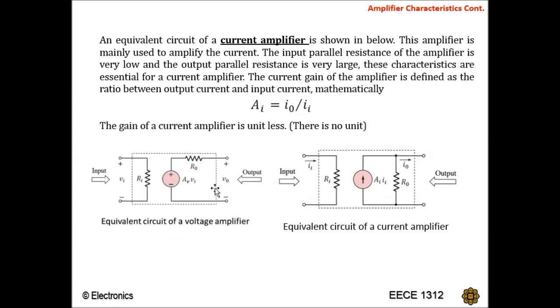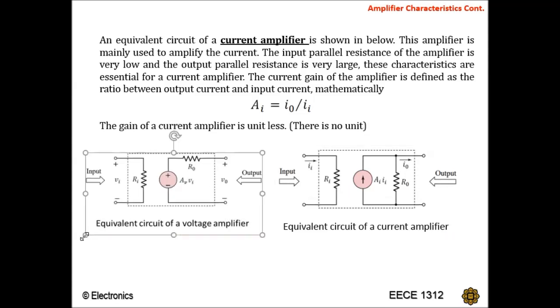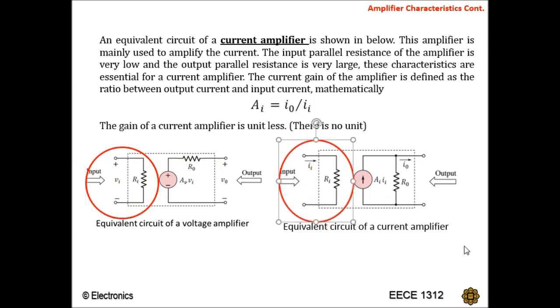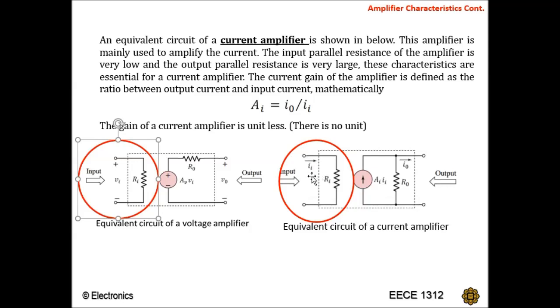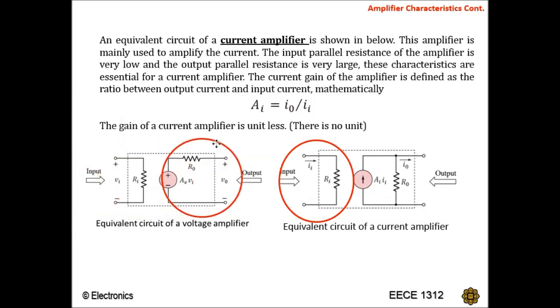So if you compare with the voltage amplifier that we learned last week, okay, voltage amplifier also has an input side and output side. Okay, so the input side is similar. Okay, there is Ri, and this one also has Ri. But in the voltage amplifier it refers to the voltage, Vi or V in. But for your current amplifier, they label the I in. Okay. But the important part is the output side.